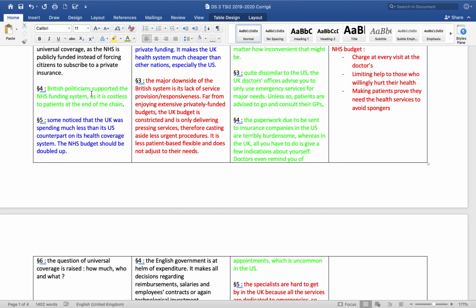When you go to the doctor, when you go to the hospital in the UK, you do not have to pay at the end of the chain. You do not have to pay your doctor when you go and see them. You know how in France you have to pay, I think it's 23 euros, when you go to the doctor, which you are paid back for. You do not pay really because you are reimbursed.